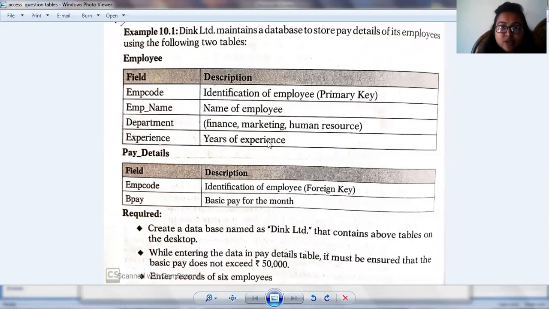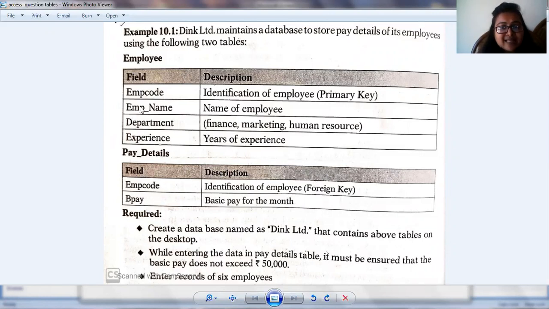Experience is the years of experience. This is for the employee table. The second is pay details. The first field is employee code, which is the identification of employees, and the second is basic pay, the basic pay for the month. So this is the second table.